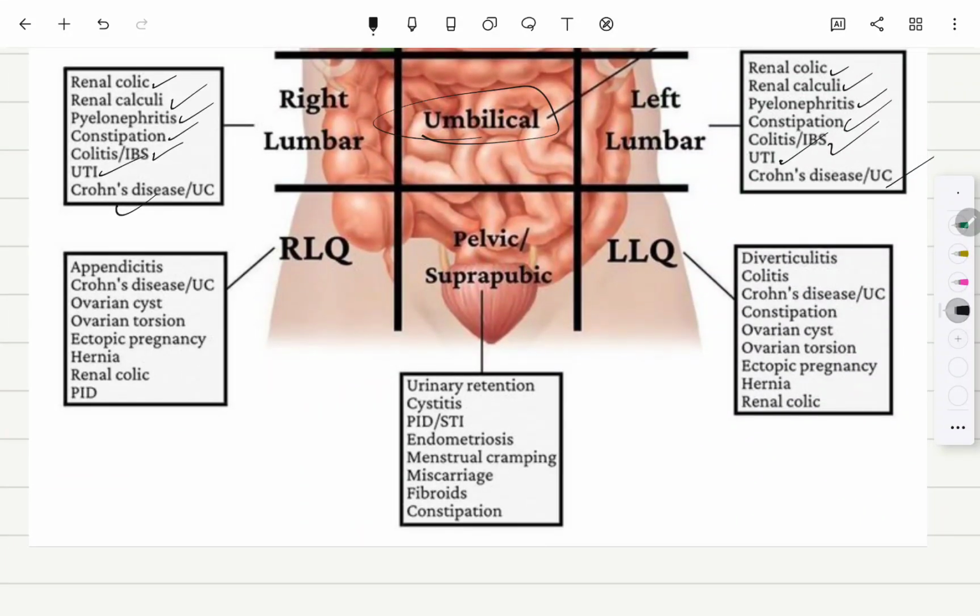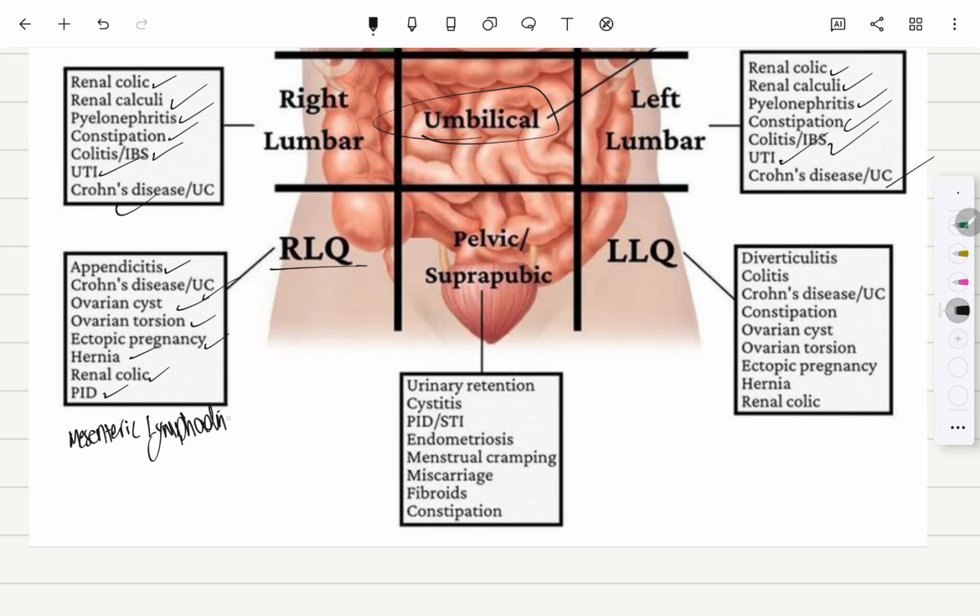Okay, let's talk about right iliac fossa. Right iliac fossa, there will be appendicitis, which is the dangerous and most common cause of right iliac fossa pain. Crohn's disease, ovarian cyst, ovarian torsion, ectopic pregnancy, hernia, right colic, renal colic, and pelvic inflammatory disease. By the way, there may be also mesenteric lymphadenitis,